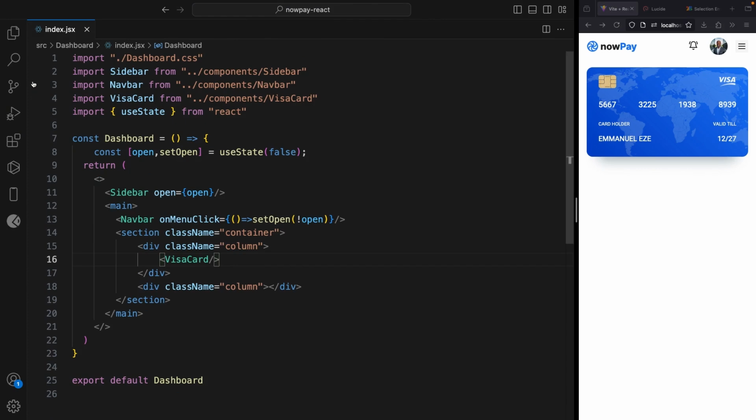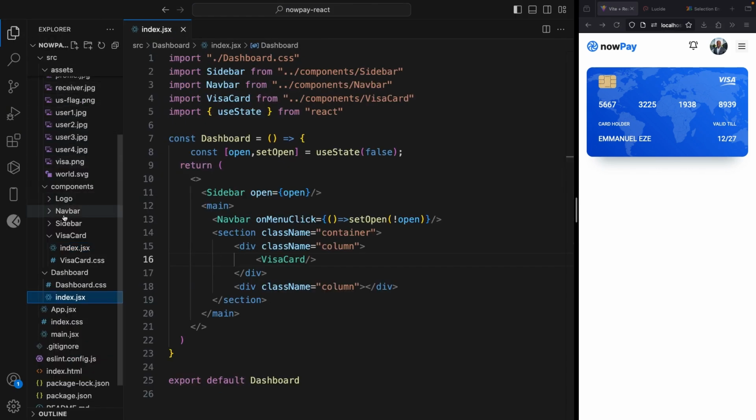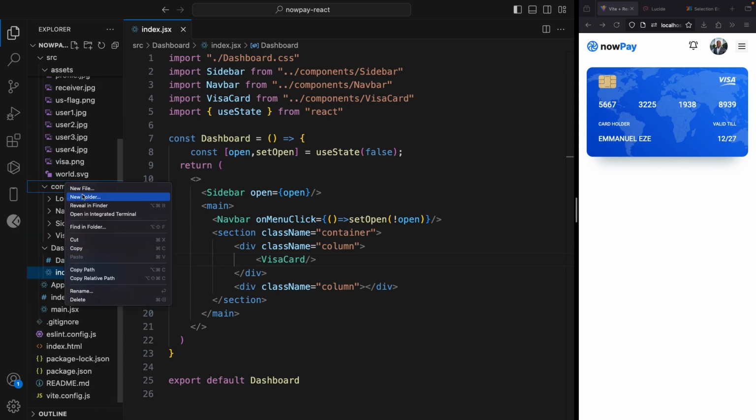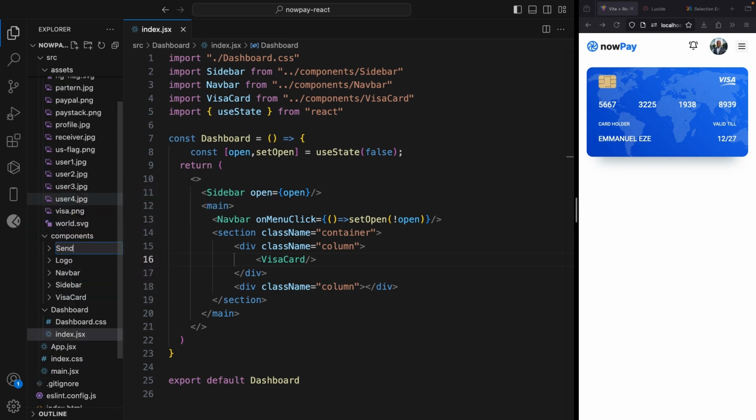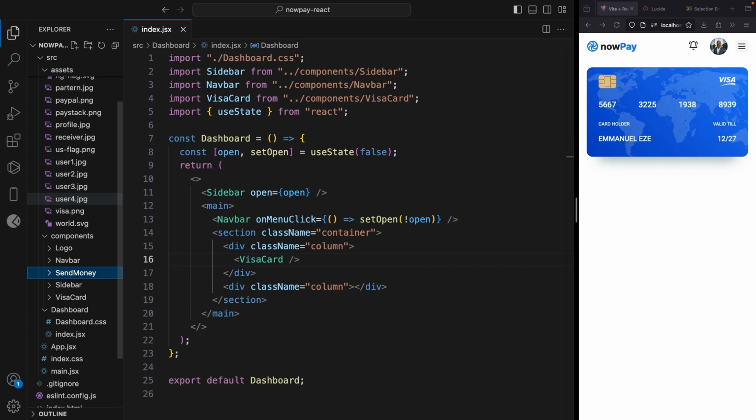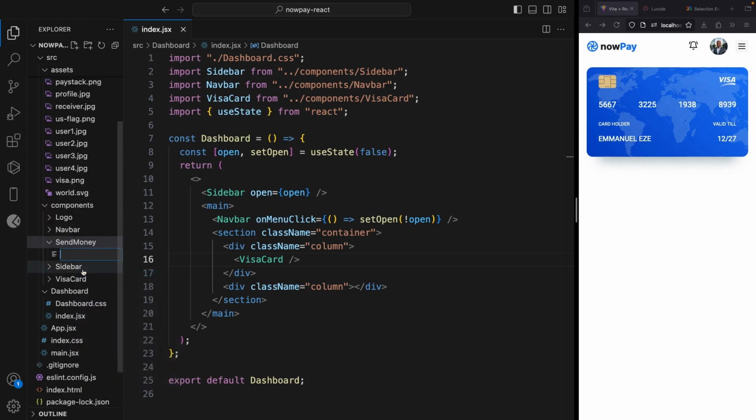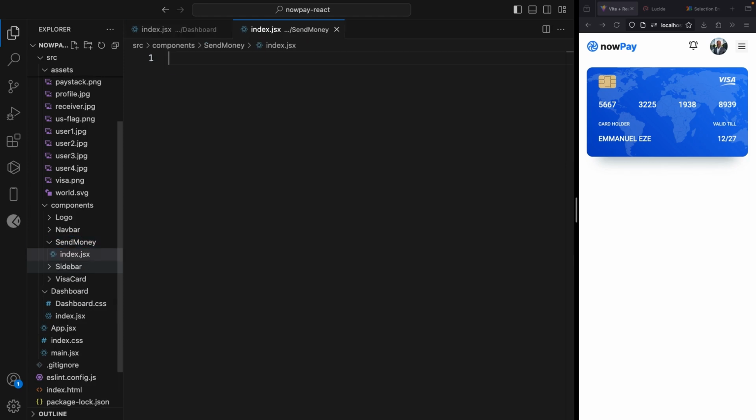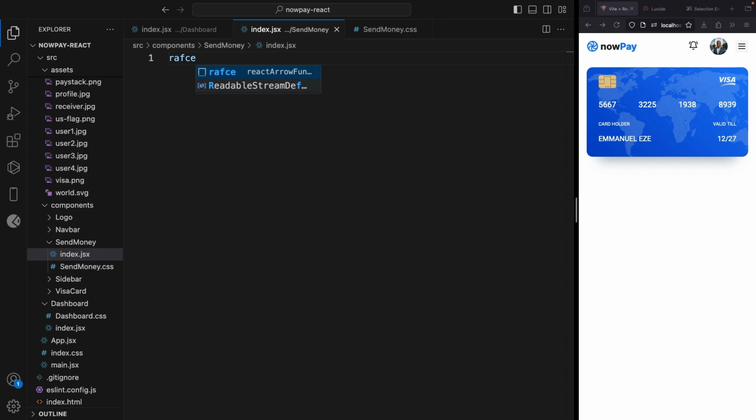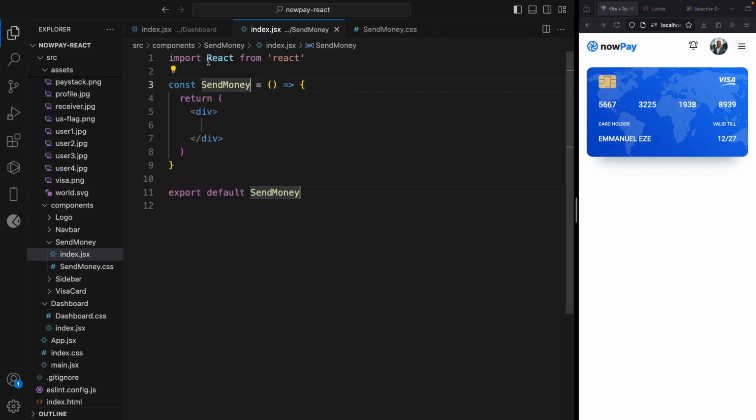So the next section we're going to be creating, or the next component, is the send money component. So let's call it send money. Okay. So we're going to say send money, and let's create the index.js and also the style, and let's create the component send money, and